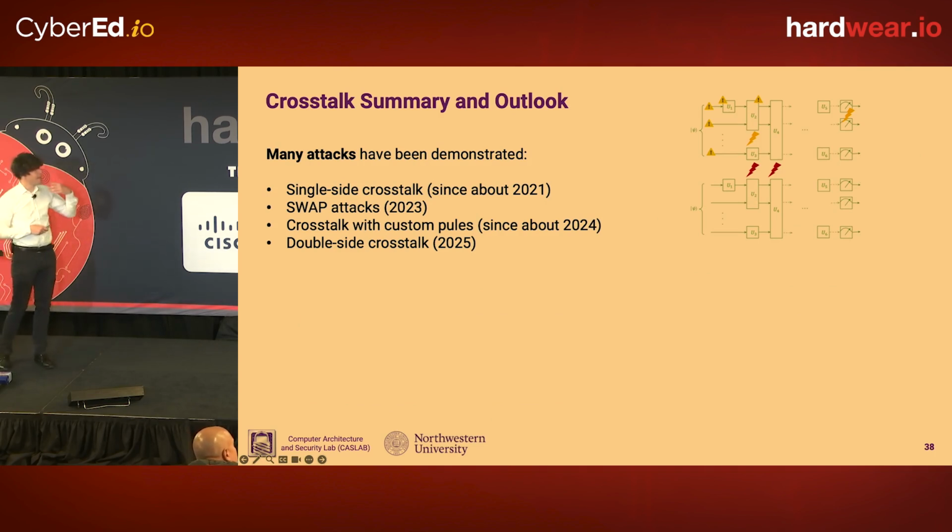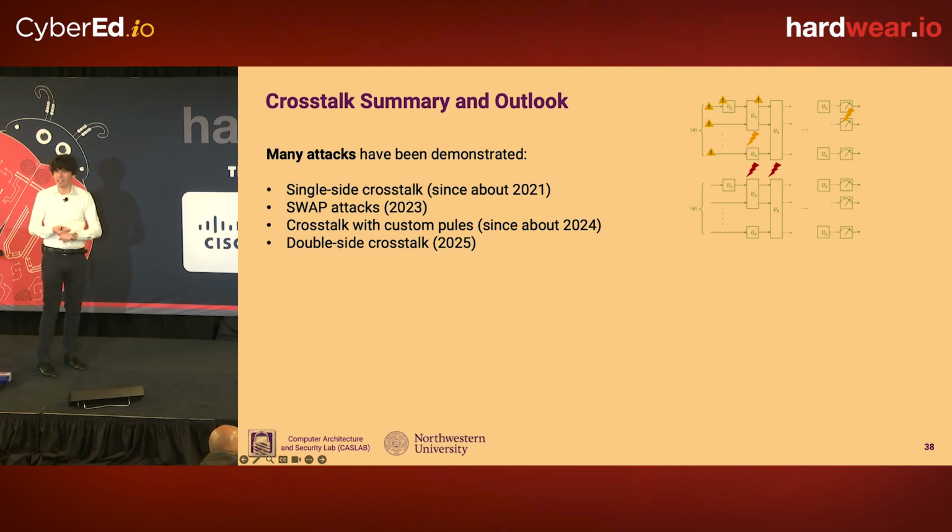But as a summary, quantum computers have become widely available via the cloud. There's been a lot of research in the last few years on these crosstalk type attacks, where you're abusing the noise and imperfections in the qubits to create disruptions. There was the single-sided crosstalk, the double-sided crosstalk, the custom pulses. I didn't get a chance to talk about attacks on swapping. Like I mentioned in the beginning, sometimes you have to swap the qubits so you can perform operations on them because they're not adjacent. If you force the qubits to swap a lot, that creates a lot of problems.